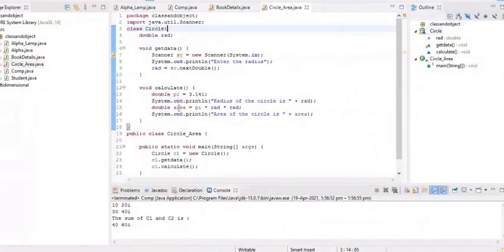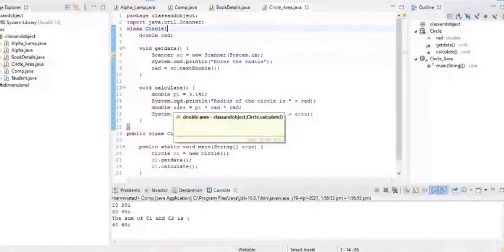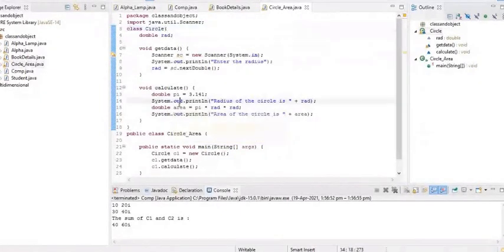So these variables are called local variables. Remember, in the for loop we have written a statement like this: for int i equal to 1. That int is present inside the for block. Therefore, I can say that this int i is a local variable. Aditya, is it clear? Yes, sir. Okay, any other doubt?